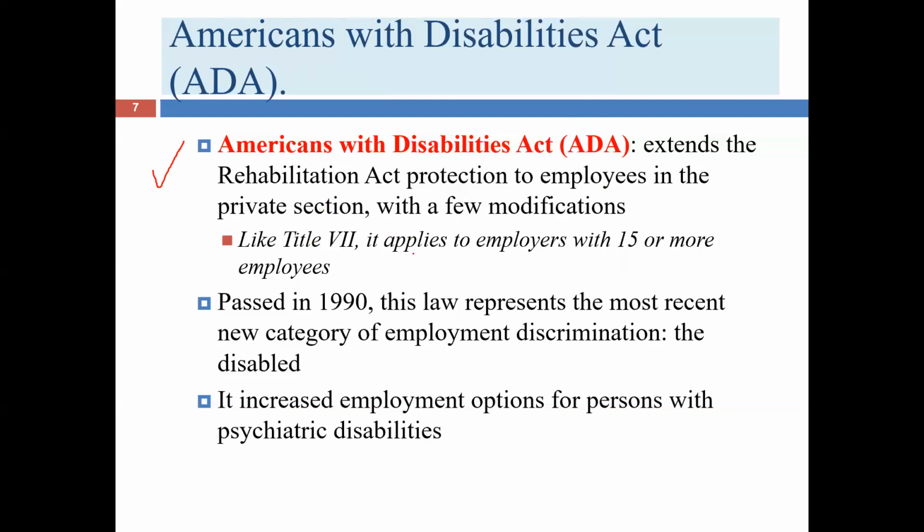And just like Title VII, our threshold is going to be 15 or more employees. So this isn't going to capture the very smallest employers that only have 14 or fewer employees, but it's going to capture the vast majority of larger employers. We're going to see that state law can be different, not Texas state law, but other states can have different thresholds. So if you move to another state or you deal with an employer that is acting in more than one state, you might find that the threshold is different.